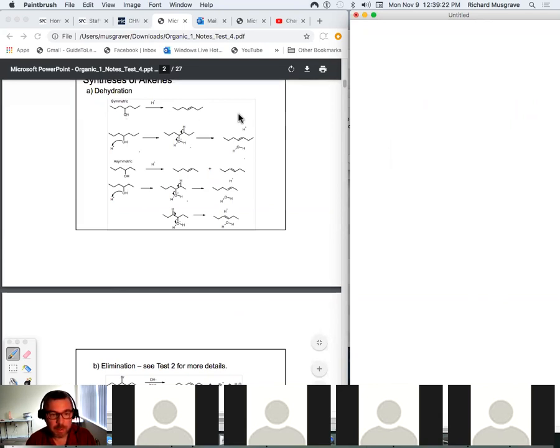Now, by symmetric, what I mean is that if you draw the alcohol here, there's a plane of symmetry through the C that has the OH. So what that means is that we would end up with, as a product of dehydration, that's the addition of H plus here,